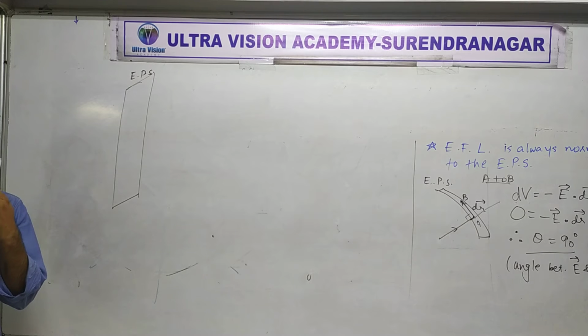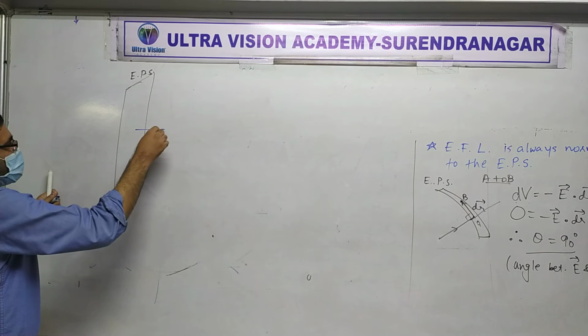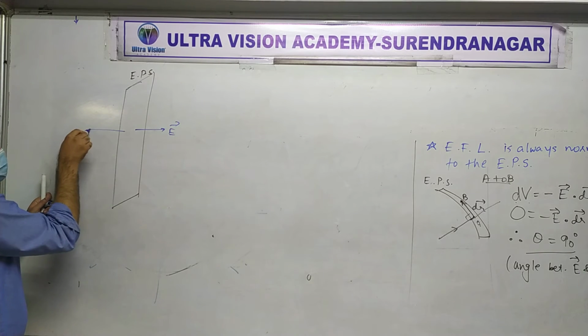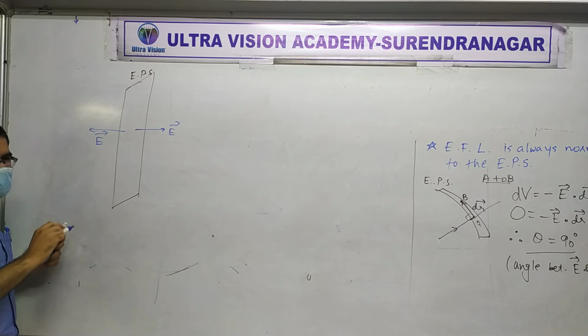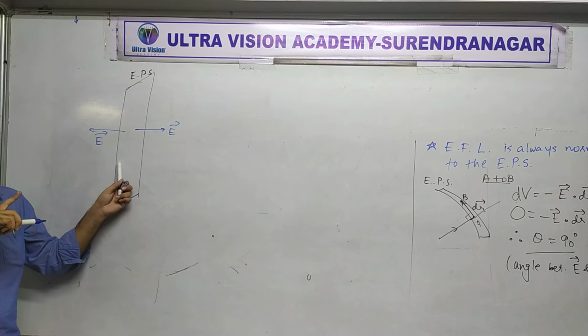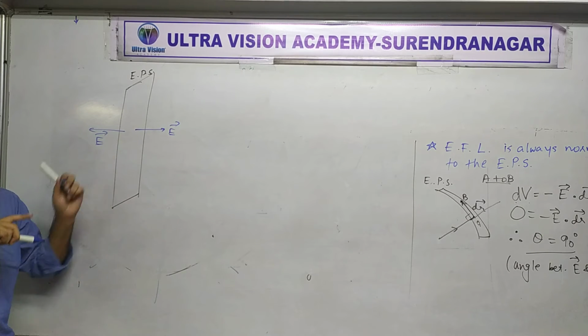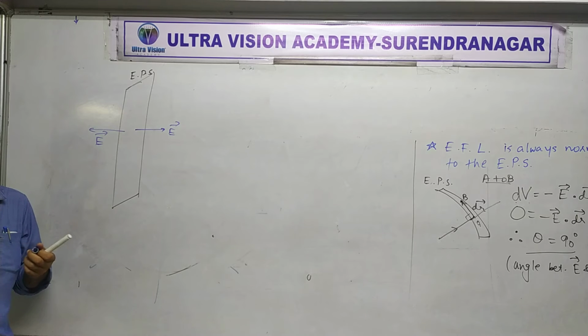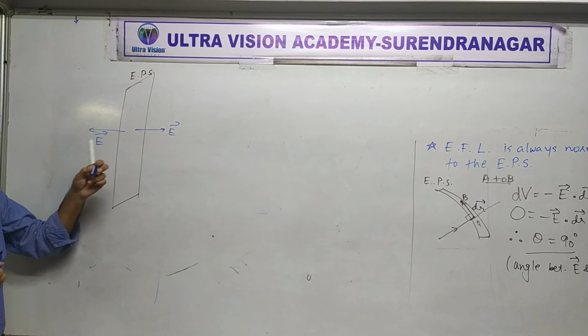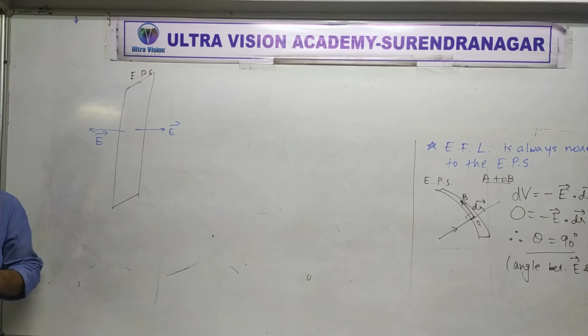How to decide? Basically, I am asking you, the electric field will be towards which side? Which electric field direction is correct? Is this correct or is this correct? It can't be both. I hope you realize why, because this is not a sheet. This is imaginary. Is that clear or not? Which one is right? Outward, no. It's not flux. You understand what I am asking you? Which side normal? That's the question. Any opinions? Anyone?